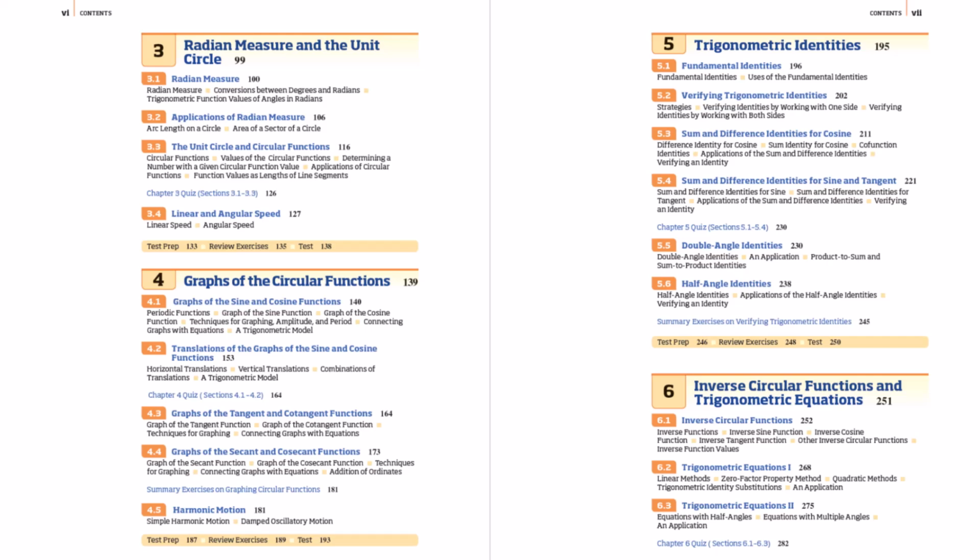All right, we're continuing with chapter 4, which is on the graphs of the trig functions. In this video, we're going to go through section 4.4, which is on the graphs of the secant and cosecant functions. All right, so similar to what we did in the previous section, when trying to understand tangent and cotangent,